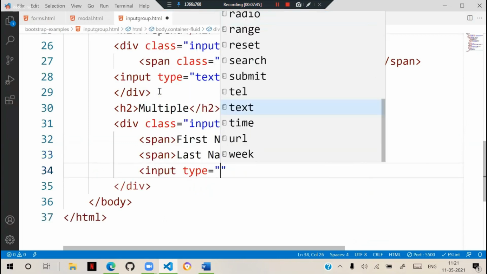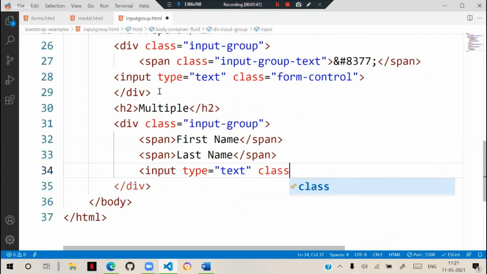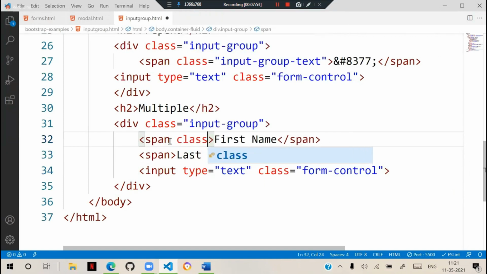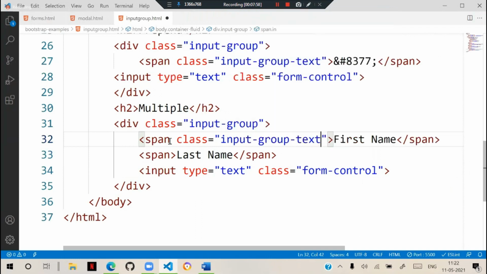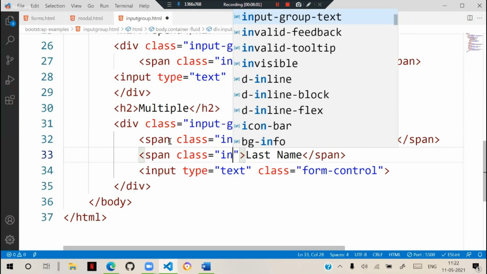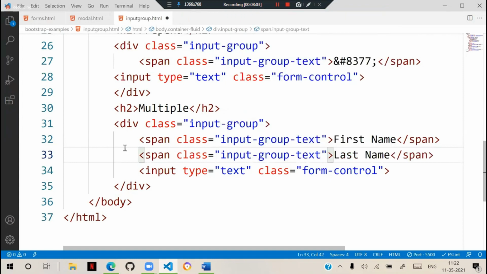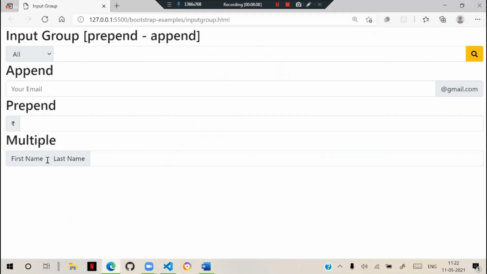Input type is equal to text, class is equal to form-control, and here we can define class as input-group-text, and here also input-group-text. Both are before the text box only. Then this is multiple. You can have multiple prepend, multiple append.